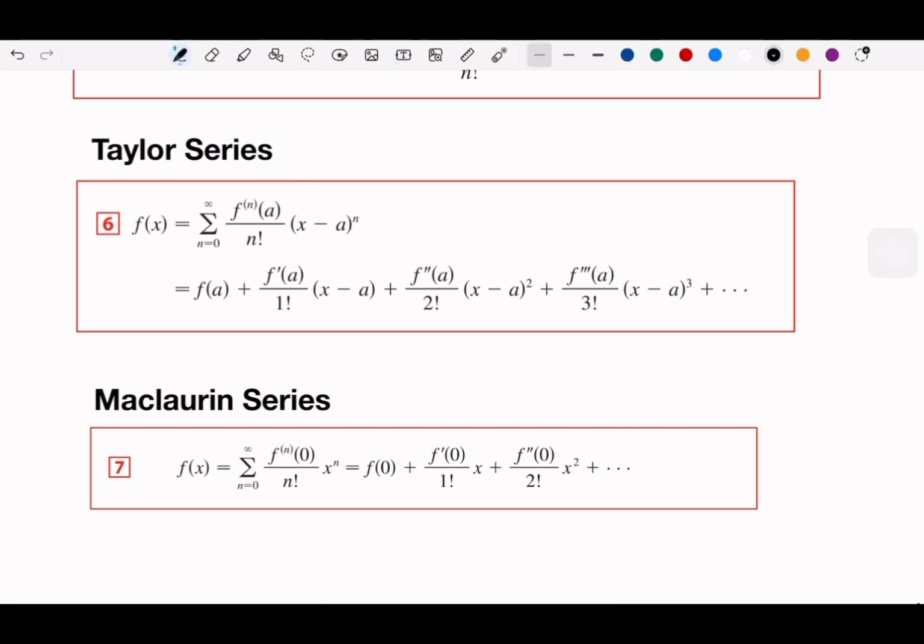And since the Maclaurin doesn't incorporate any A, it makes much more sense to take the Maclaurin in a more general use. But it doesn't have to be A, because A is